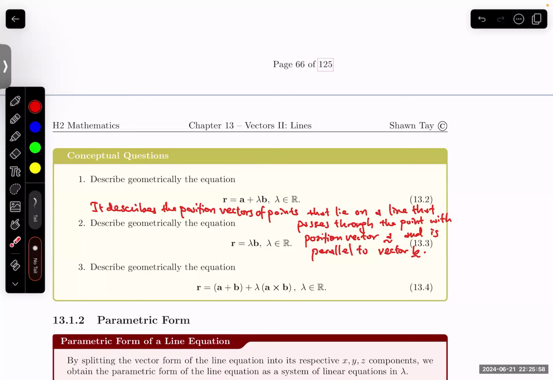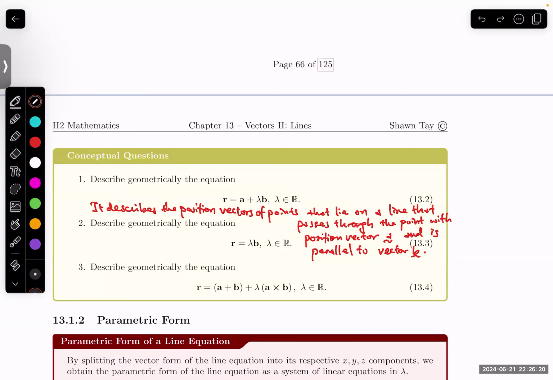Okay, so it's the position vectors of points that lie on a line, blah blah blah blah. Okay, that's one whole phrase. So this whole sentence should be read like this. This is me being very nitpicky, trying to be very precise. Okay. But